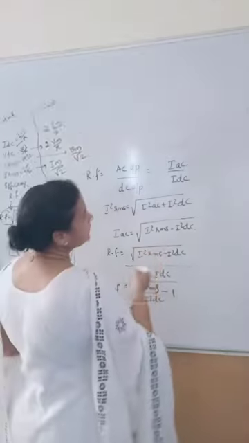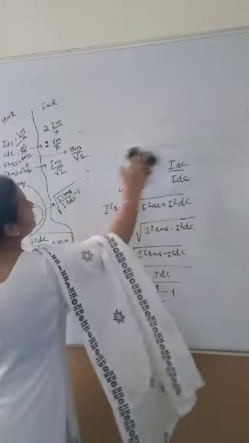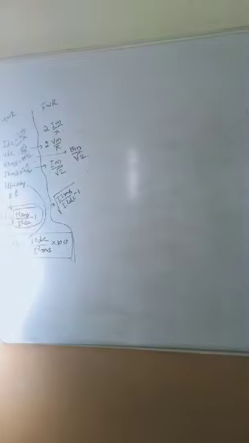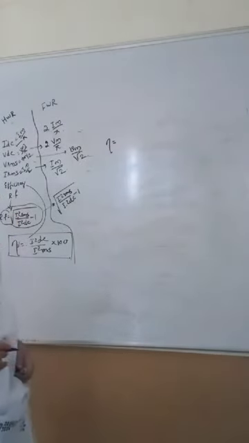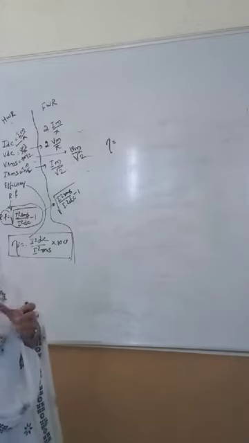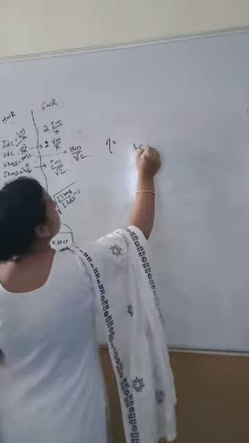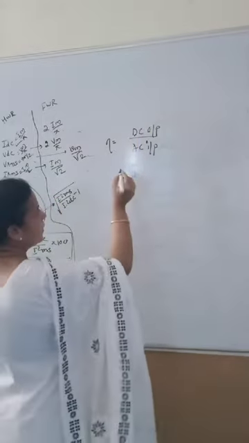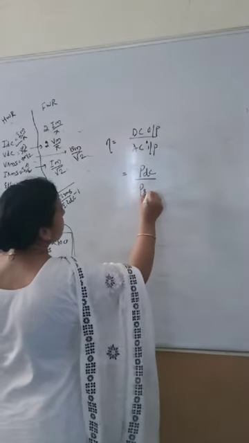Now go for efficiency. What is efficiency? Add the DC output. How much of AC you had given, out of that how much is converted into DC output. So out of AC input, how much got converted into DC output. You are considering this in terms of power. I had told PDC and PRMS.